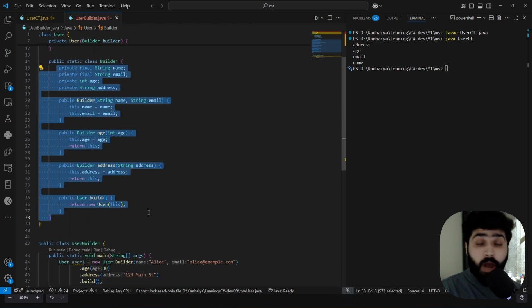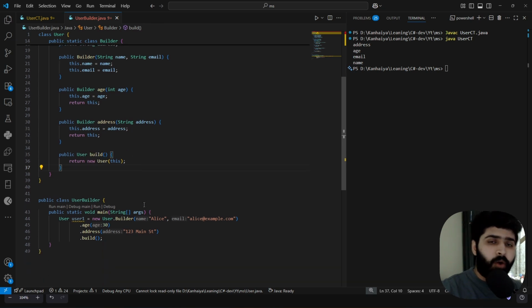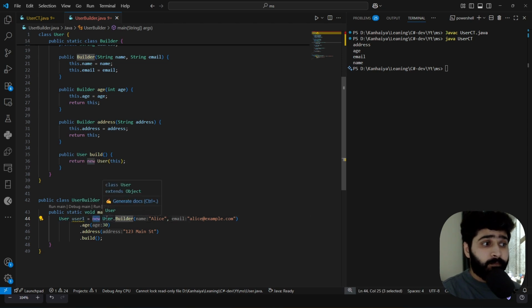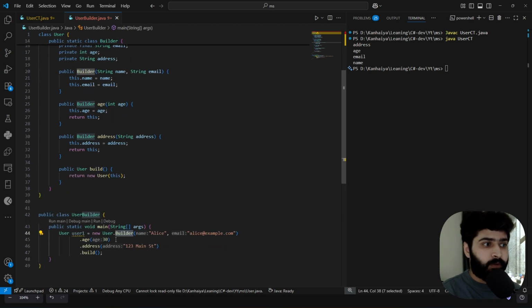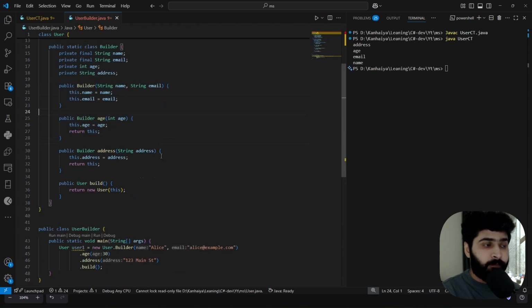So how will we create the instance, how will we build the user now? We create user1, the class name, object name, new User.Builder. Why .Builder? Because it's static, so we can call .Builder, and we are passing two things here, your name and email address, because those are in the constructor.